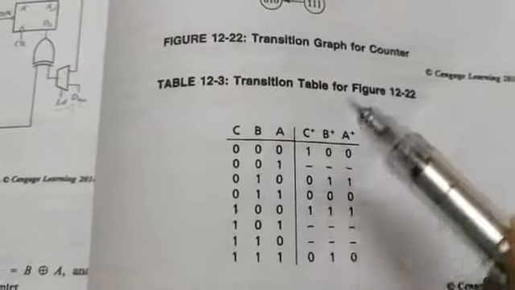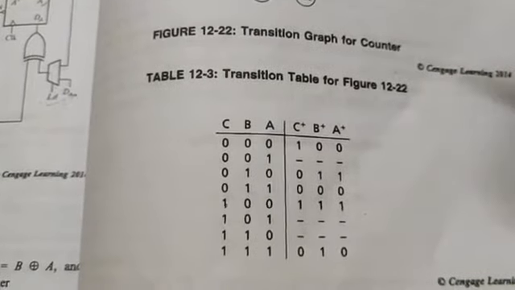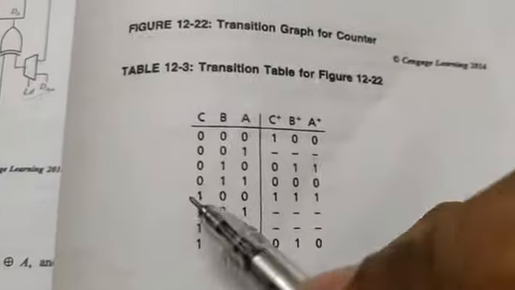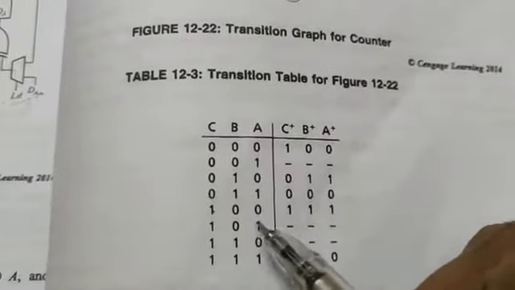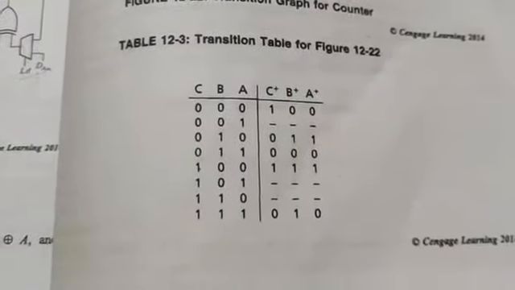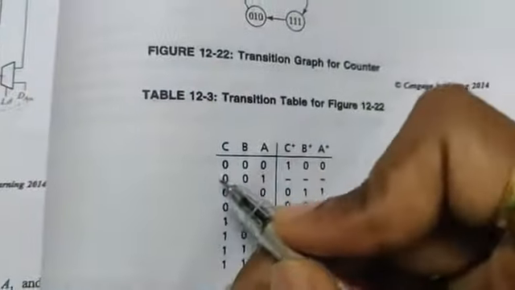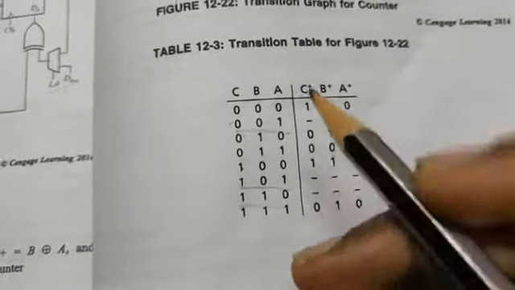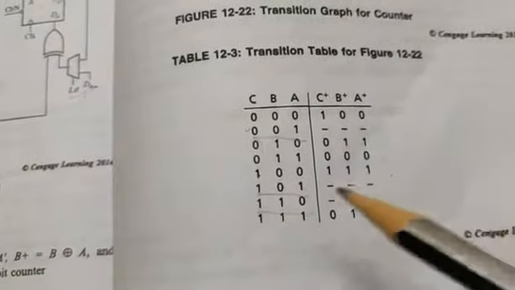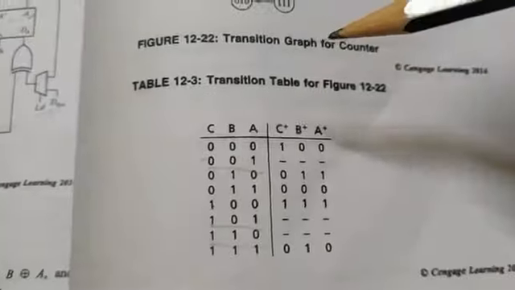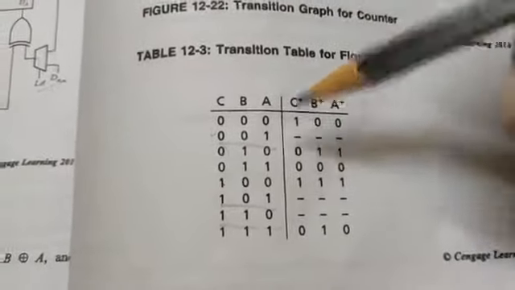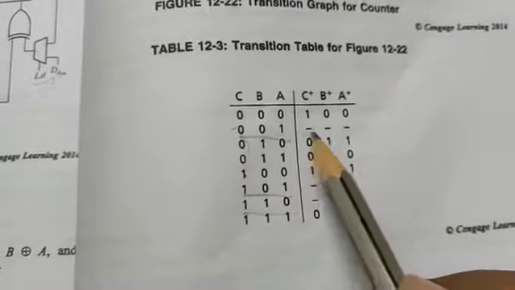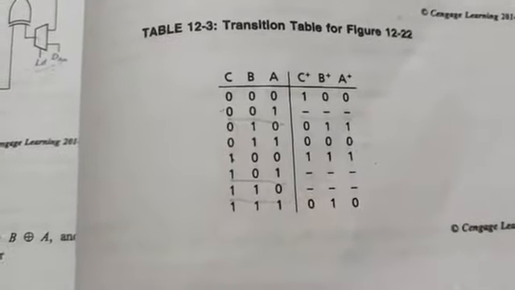So that means that the circuit which we are constructing will never move to the state 0, 0, 1 and 1, 0, 0, 1, 1, 0. It should never move to these states. Why? Because these three numbers have not been given in the sequence. So that particular circuit diagram should never move to these states. So for these states there won't be a next state, so I have written dash dash dash.